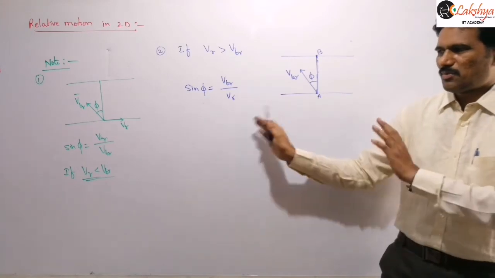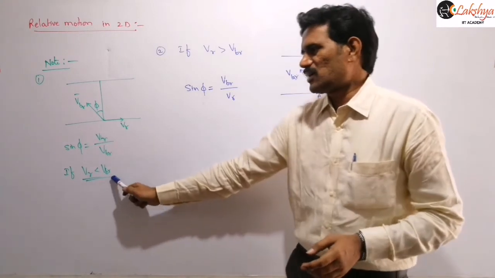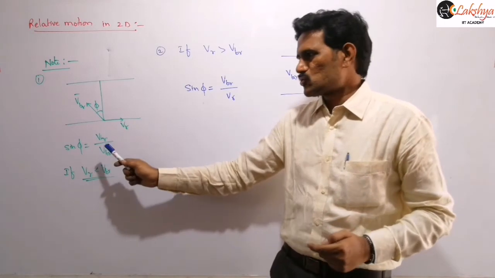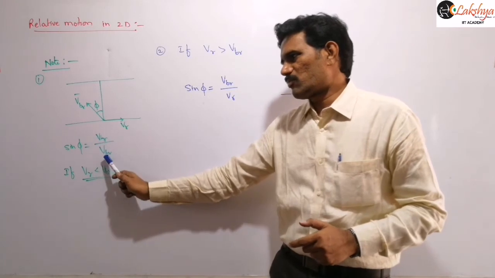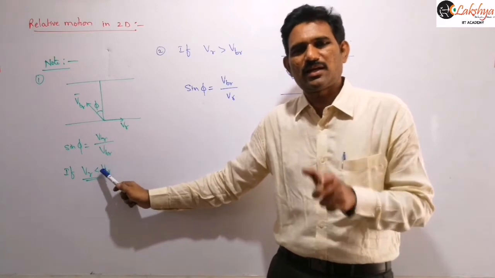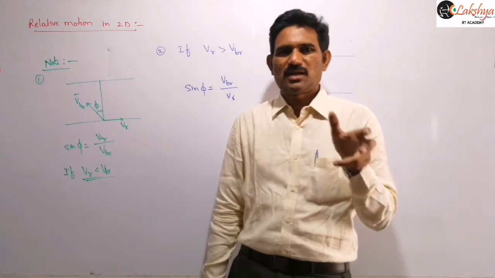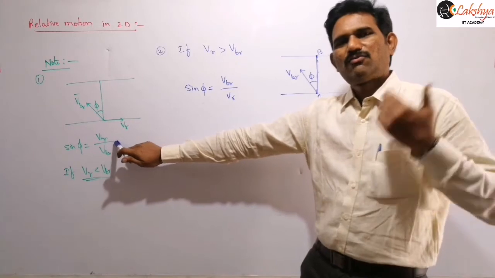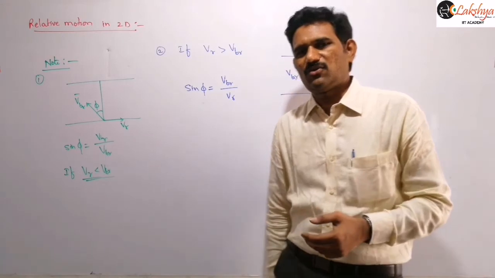So let us remember the difference between these two formulas. When VR is less than VBR, the boat can reach the directly opposite point to the starting point, and for that it should start its journey at an angle of sin inverse of VR by VBR with the normal. Again I am saying with the normal. In the question you should read clearly whether they are asking about the angle with the normal or with the direction of the river flow. If they are asking with the direction of river flow, pi by 2 plus this phi value we need to write.